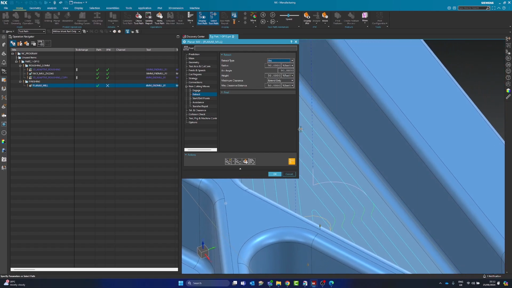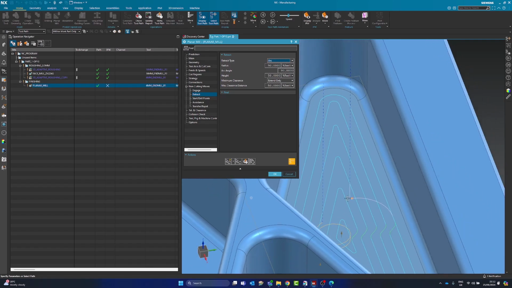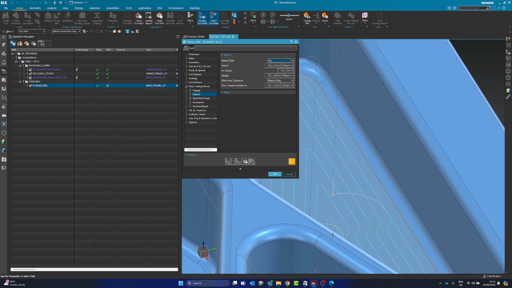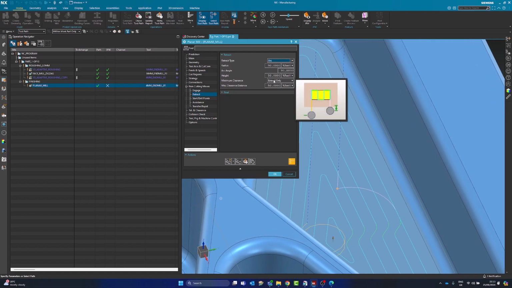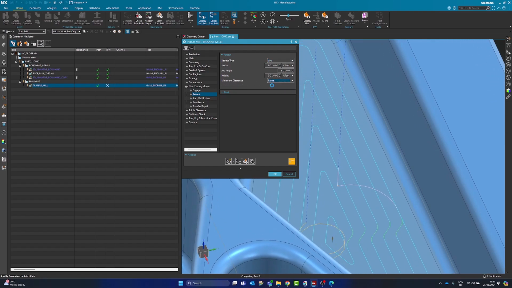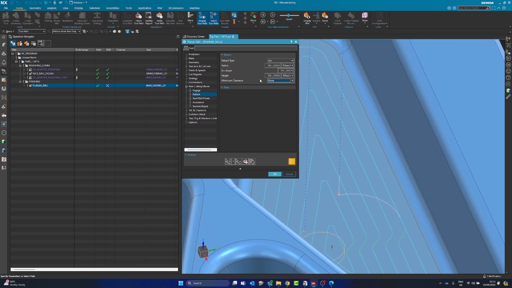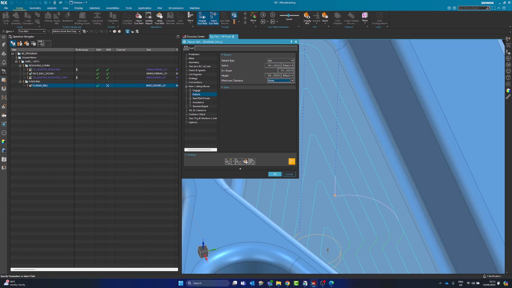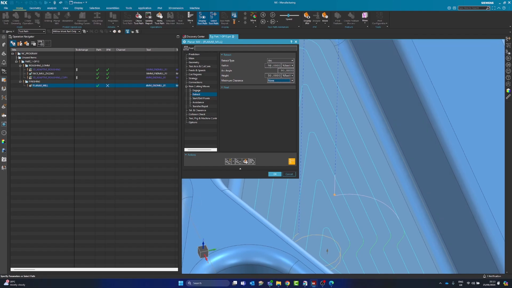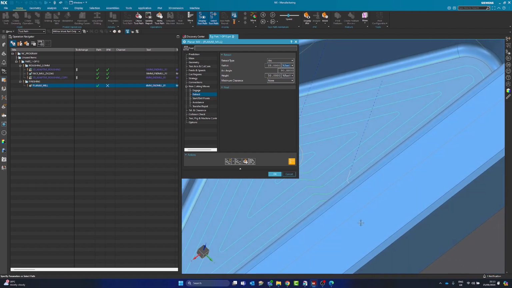Again, it's too far for me personally. I don't like how far it's coming into the part. So the radius is fine, but I'm going to get rid of this extend. So this extend should bring it in slightly, and then the height is fine. It's not really that important. The radius, let's bring that down to 25%. And also, like,